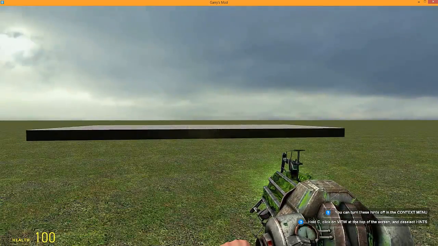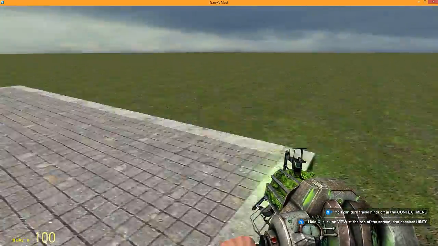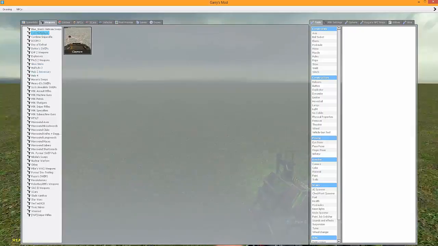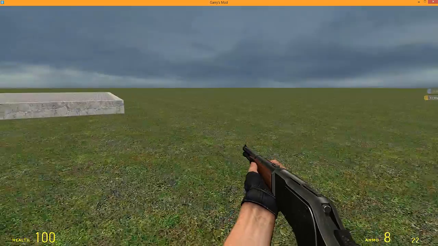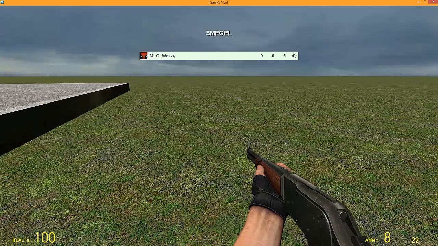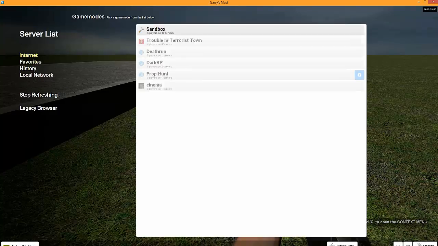Okay, so pretend I'm the server host right now. I'm waiting for my friend to join. I just texted my friend to join the server, and we should see in a little bit that he's going to join. It's going to say the player name has joined. You can also check to see that your server is running if you hold down Tab and it says your server's name up there. You can also check by doing Find Multiplayer Game, Local Network, and it should say Sandbox